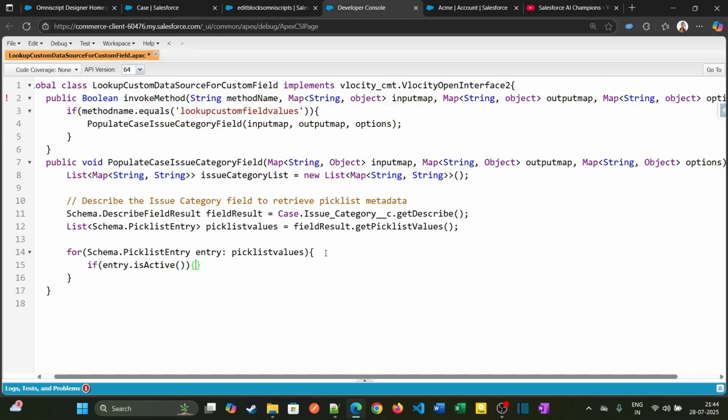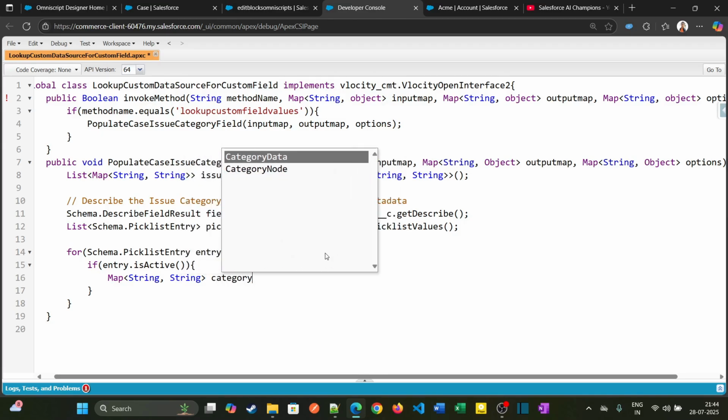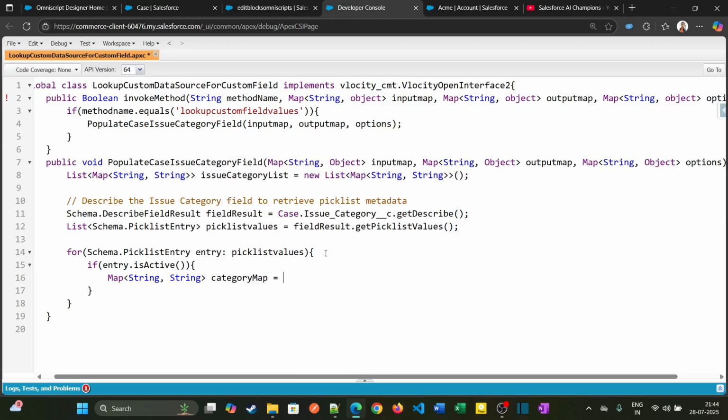When this is true, I'll be putting into this map. Let me declare a map of string comma string, and then category map, new map of string,